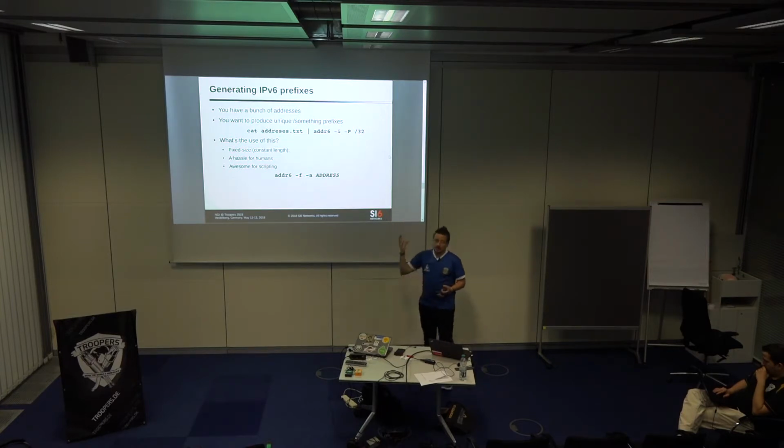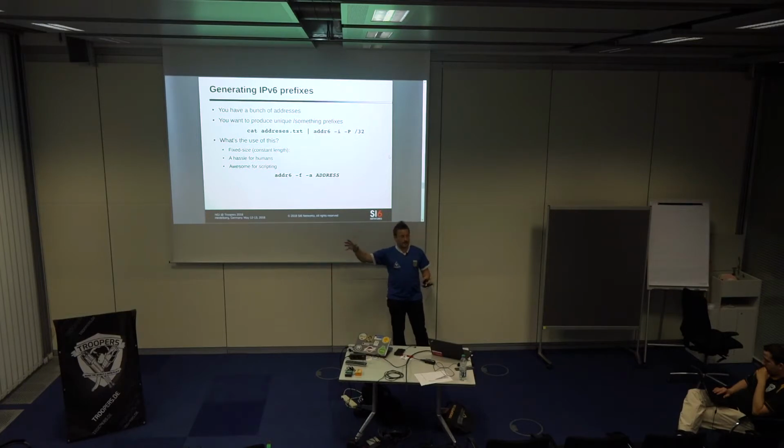Essentially, you give the tool an address, you specify the length of a prefix, and it sanitizes the low order bits and gives you a string that is a prefix. That's simple. It's just useful, for example, to do a script that, based on one address, does reverse enumeration for the corresponding prefix. So what we want to do, again, is we have an address. From that address, we want to come up with a prefix so that with that prefix, we can do reverse enumeration.